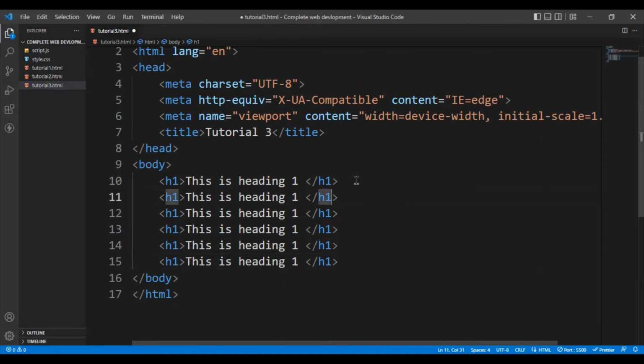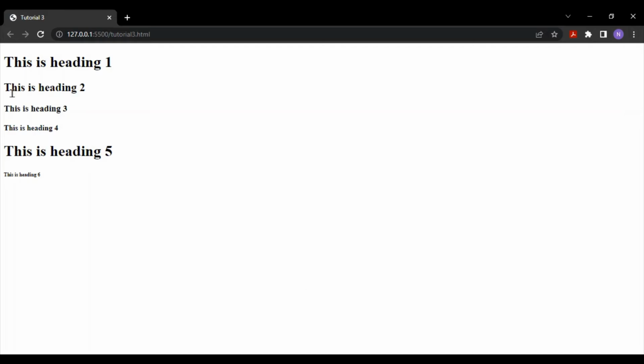So instead of h1 I will write h2 and heading 2, here h3 and heading 3, h4 and heading 4, h5 and heading 5, h6 and heading 6. So after writing this, just save it and go on your browser, and you can see